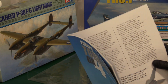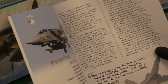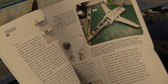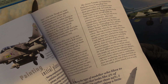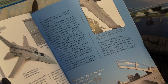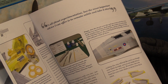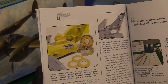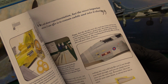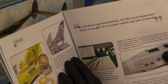Nice illustrations of the actual aircraft, painting ideas, different demarcations and schemes, techniques for painting which he'd recommend. It shows him doing lots of masking up there. And look at the effect he gets on the tail. He gets like a multiple,